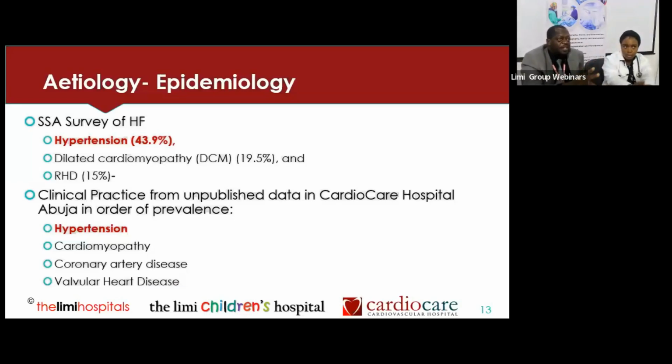So between cardiomyopathy and coronary artery disease, they are really competing for that second place. I think for us, we have that coronary artery disease. And the study has shown that